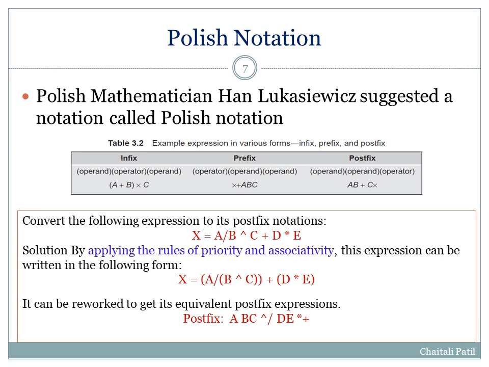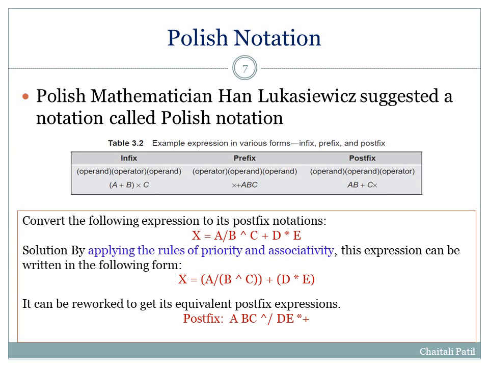In infix notation, we may need parentheses. So, (a plus b) multiplied by c. As a plus b is in parentheses, it means it has been given the highest priority. So how do we convert this infix expression into a prefix or a postfix form? In prefix, for a plus b we first write the operator, so plus a b. So a plus b will be converted into plus ab.